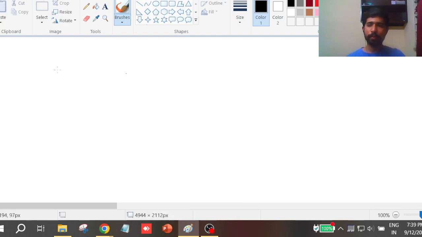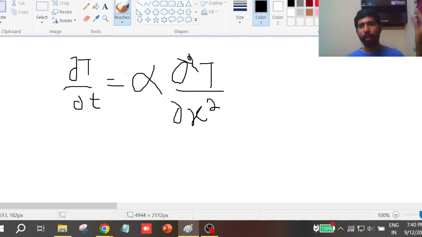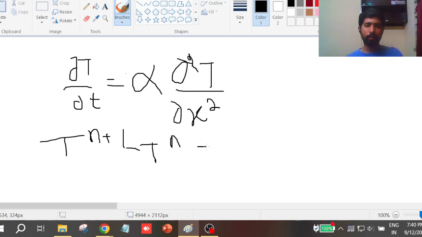Okay, so the equation which we will be trying to solve, as I said earlier, is a simple 1D unsteady state heat conduction. So we have a temporal term and we have a conduction part also, del square T by del x square. Now, as I said, we will be trying to solve it using implicit time stepping, not explicit. Explicit we have already done in the previous tutorial sessions. So T^(n+1) minus T^n is equal to alpha delta t by delta x square